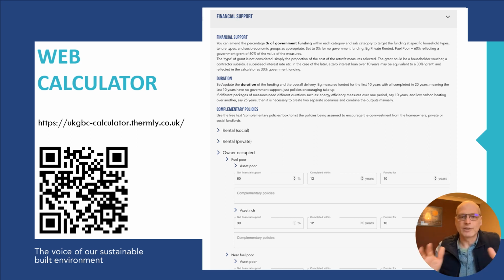Those are the kind of parameters to give a sense of where you are spending money. And you can say what percentage of the whole of the retrofit works, over what time period the measures are installed, and what time period they are funded for. So now you've done your Chancellor bit,